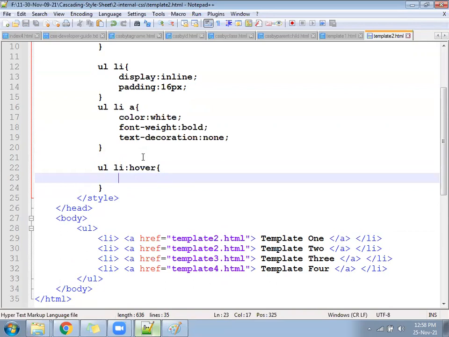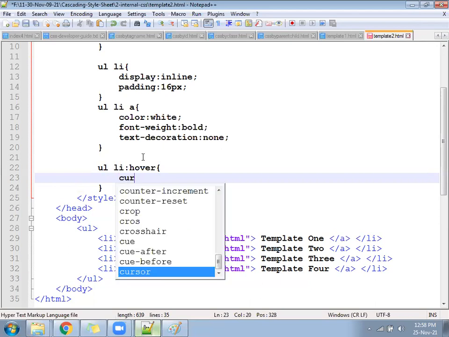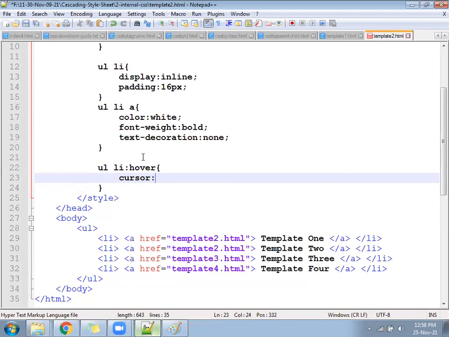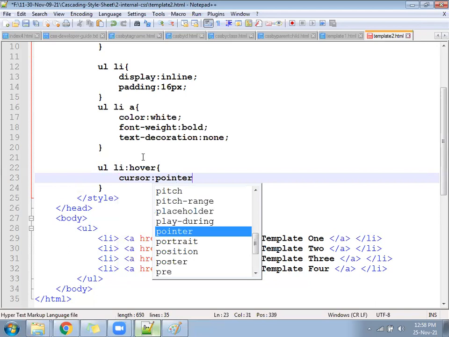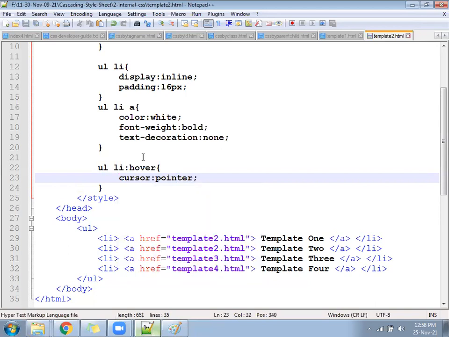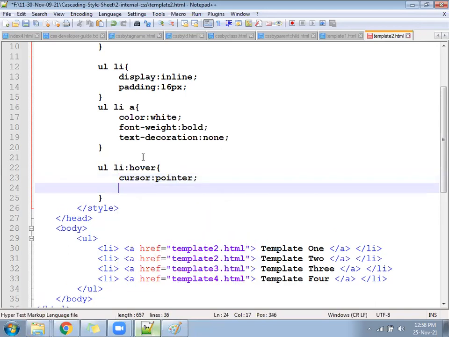So it says when you move your mouse on li, the hover effect will fire. When the hover effect fires, what should happen? Cursor should convert into pointer. Cursor colon pointer, ready to click.